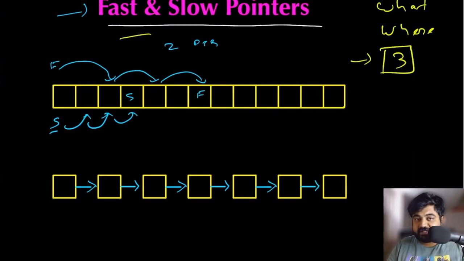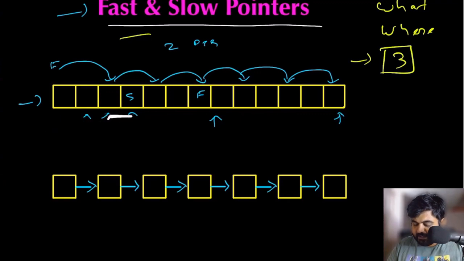So with every single iteration, we would be able to see that the difference between the slow and fast pointer keeps on increasing, and eventually the fast pointer would keep on jumping 2 steps at a time and it would reach the end of our given input. So in this case, we are running it over an array, and meanwhile the slow pointer would be somewhere in the middle, and that would be able to give us some important information.